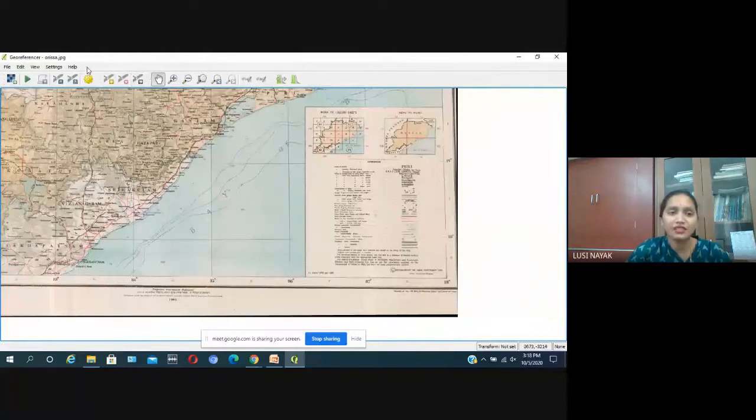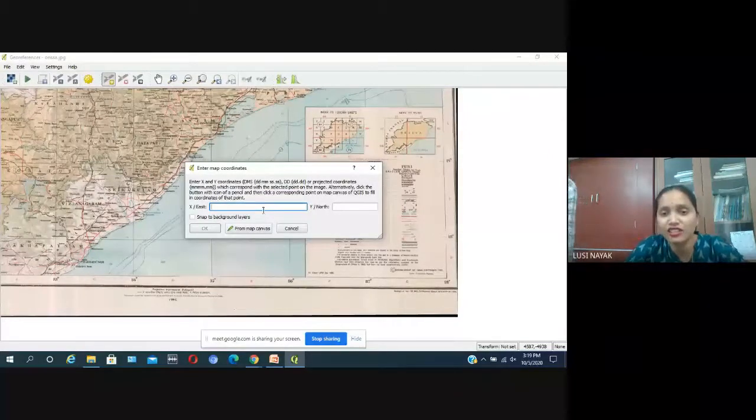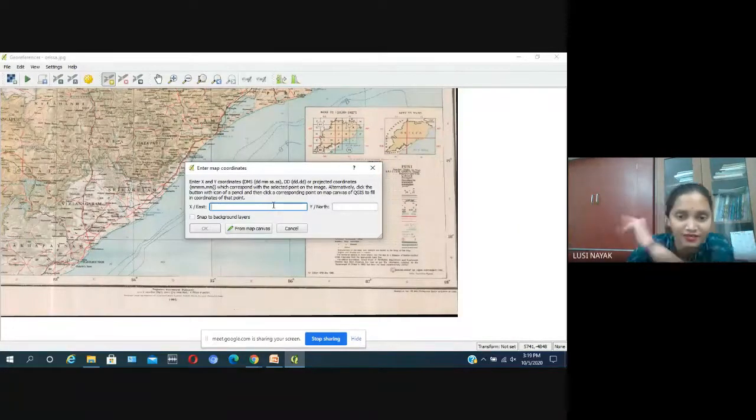I am taking point to here because this area's coordinate is there, this side is not there. What do you want? 86 and 18.